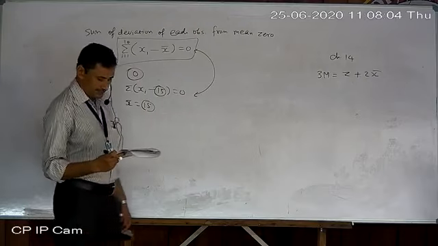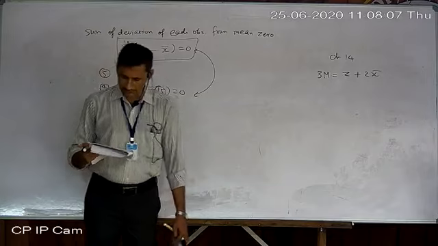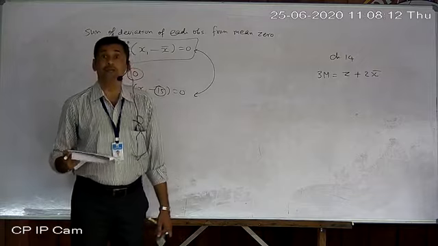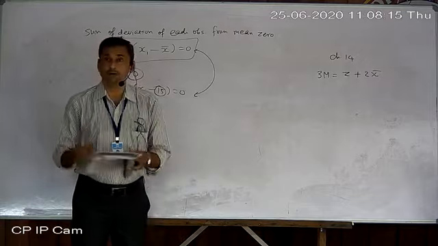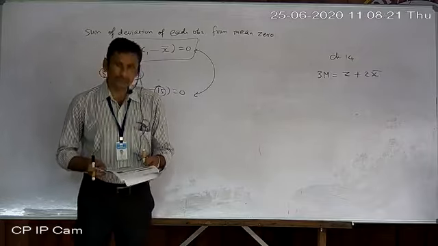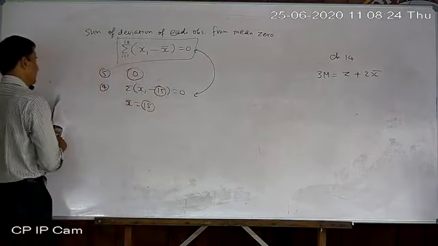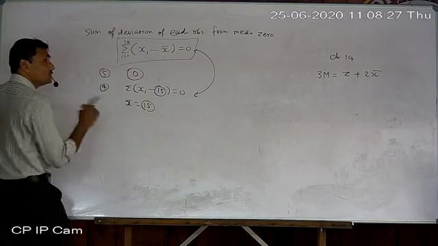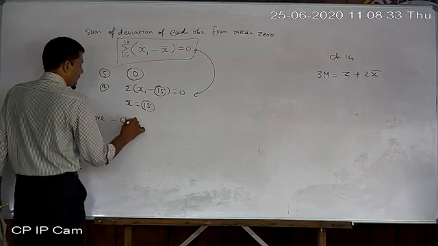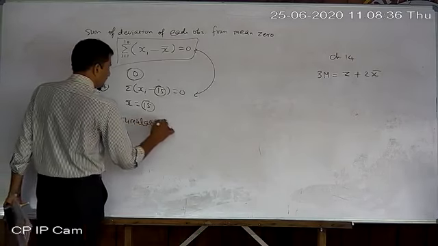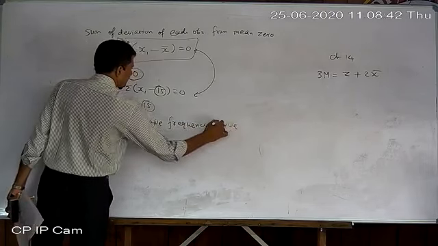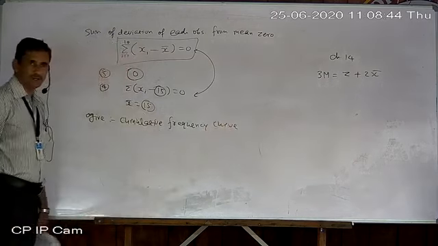Write the names of all three methods for finding mean. You know. Give the formula which relates mean, median and mode. That is the empirical formula. Which measure of central tendency is found graphically? Median. Only median can be found by drawing a graph. What is ogive? Ogive is one type of cumulative frequency curve. We will discuss it later on when school reopens. So ogive is nothing but a cumulative frequency curve. We will also draw this type of graph, but now it is not possible at home.